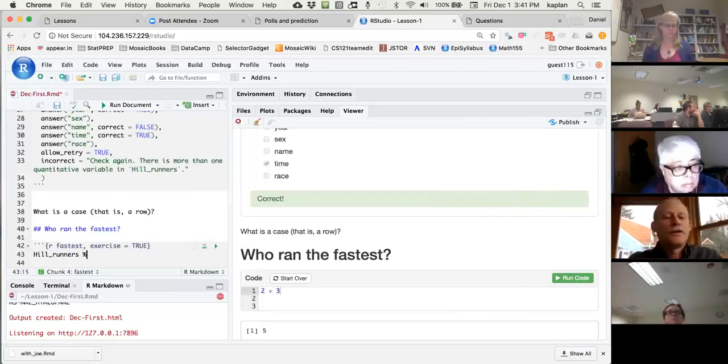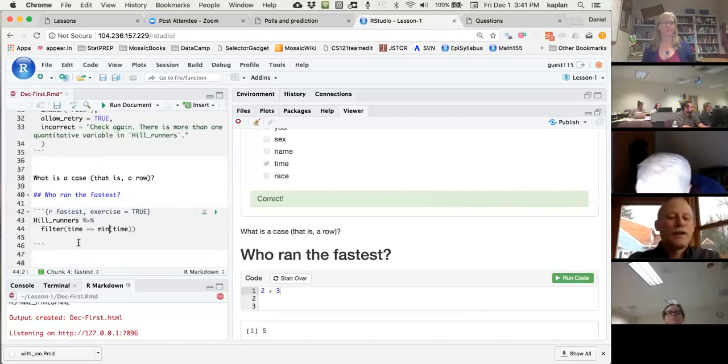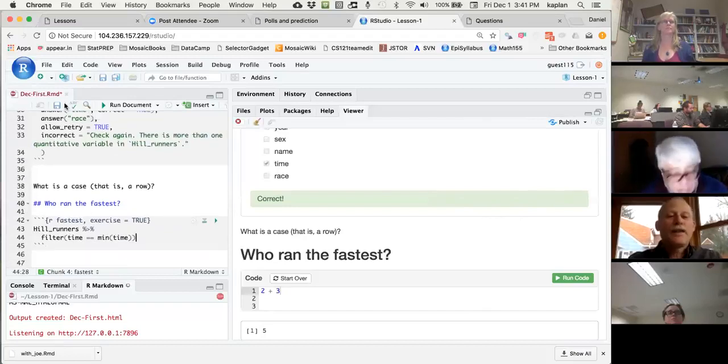Hill runners goes to, what I'm going to do is filter out everyone whose time is the same as the maximum of the time. Oh no, fastest. Min, shouldn't it be? Yes. Okay. So if I make that the contents of this chunk,